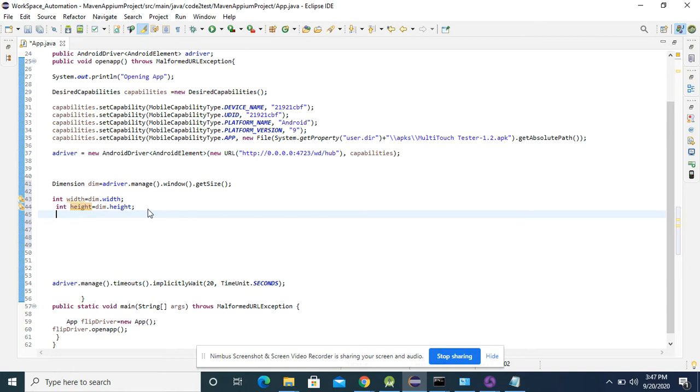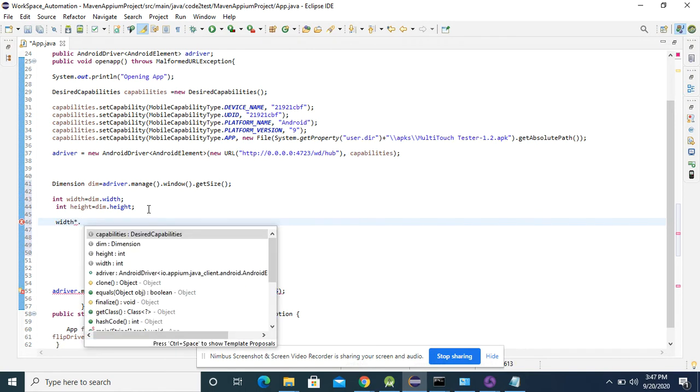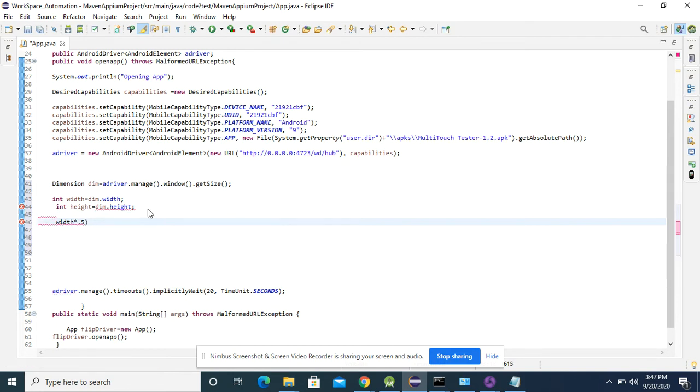So let me take the x coordinate, multiply by 0.5, take it inside a bracket, and name it first touch x coordinate start.